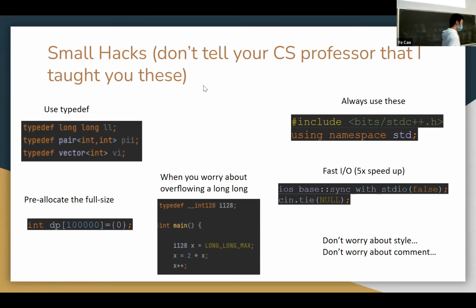And don't worry about style. Don't worry about comments. I know those two things get emphasized a lot in your computer science courses. Here's my question for you. Does style help your code run faster? No. Do comments help your code run faster? No. Do they help you write your code faster? They do the opposite. Forget it. Throw it out of the window. We don't care about them in competitive programming. The only thing we care about, just to reiterate, is speed: the speed at which your program runs, and the speed at which you type up your code.